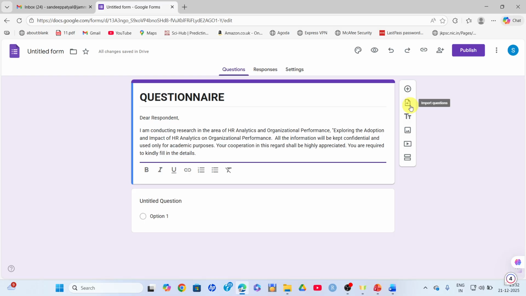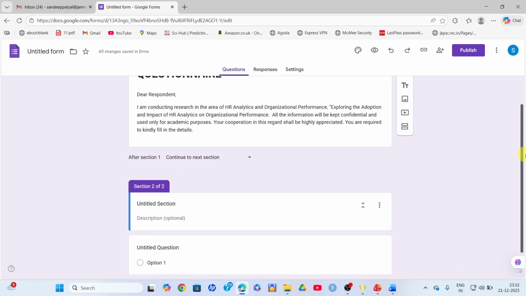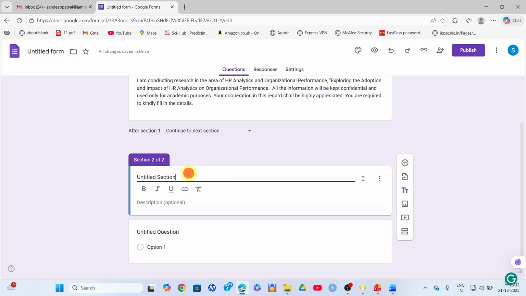Here you have the option of importing questions. If you already have questions, you can import the questions. You can add the title and description, like I added the title and description, add an image, you can add a video, add a section. So if you have one section, you can directly click here and add the question. If you have different sections, you just click here, add section. So here you can see that a section is added. So just click here under section,